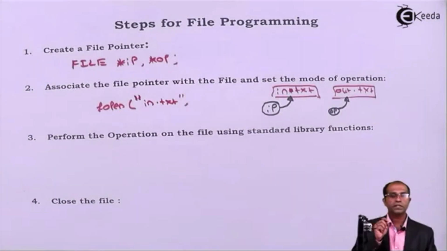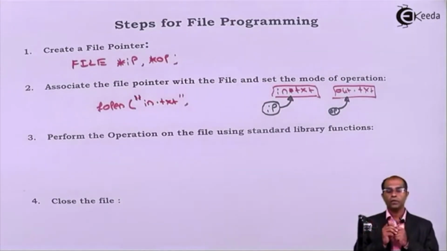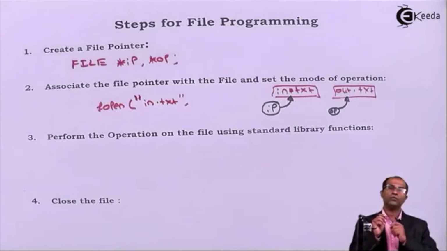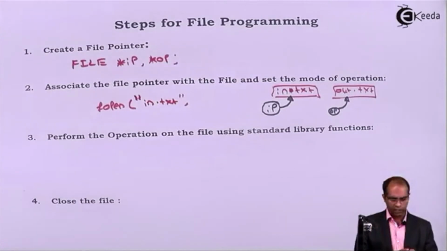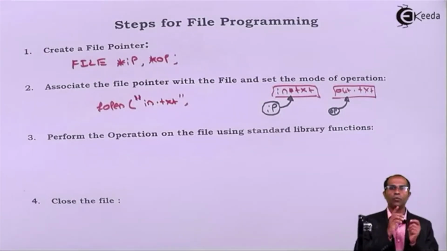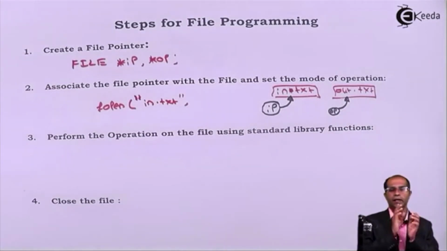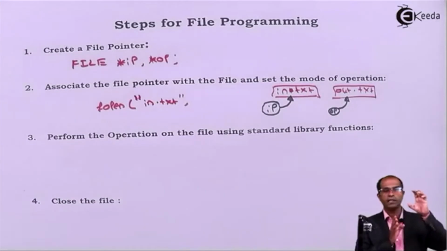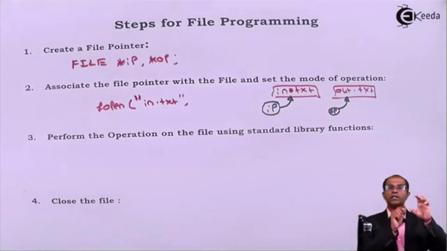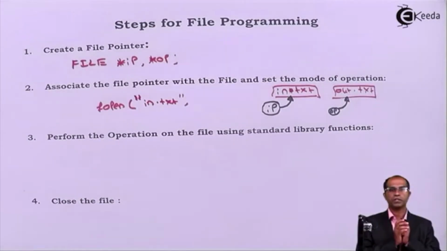Now the second parameter is the mode of opening the file, that is, what type of operation you want to perform on in.txt. Basically, we can carry out three operations. One, we can read the value from the file. Two, we can write the output to the file. Or the other is to append the contents to the file. Appending is nothing but adding something at the end. If we wish to keep the existing contents as they are and put some new contents at the end of the file, we say that we are performing an append operation.